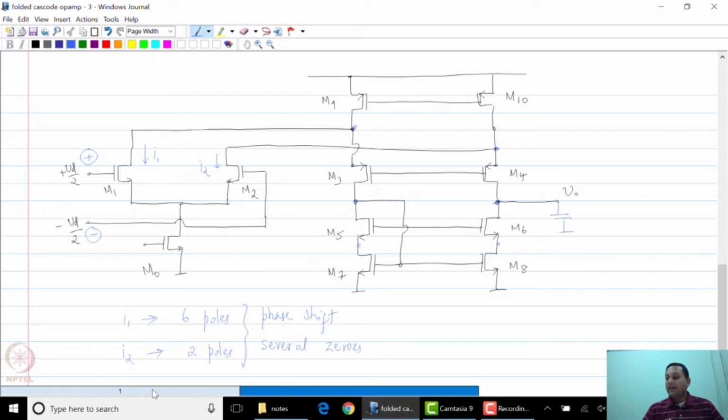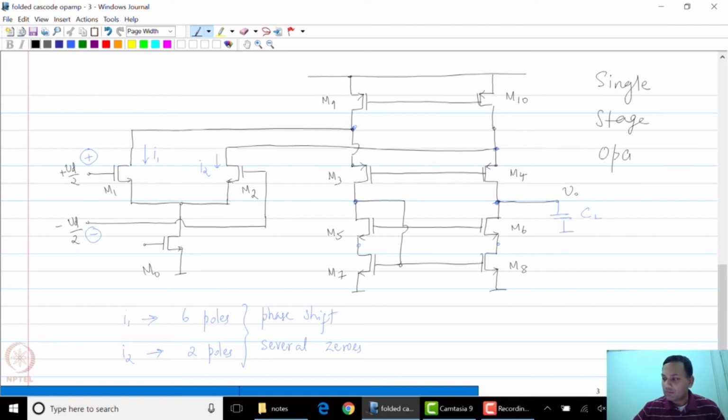Number 2, we also want to know what is the dominant pole in this particular structure, and as you might expect, you should expect that the largest capacitance comes from the load capacitance, because in some sense this is still a single stage op-amp. This is the dominant pole. The output pole is the dominant pole. So you still expect this to be a